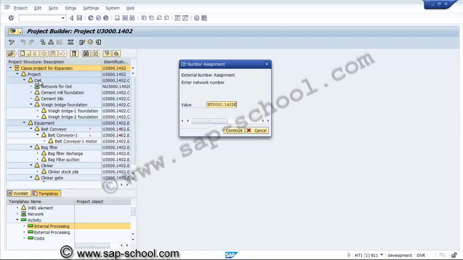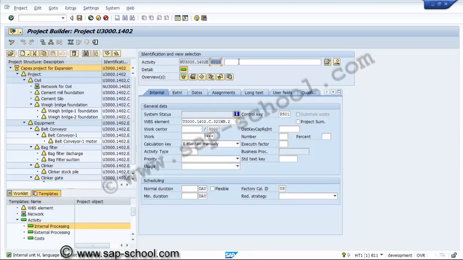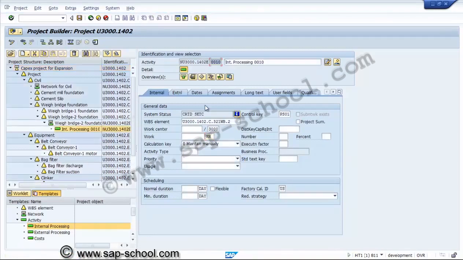We have assigned the network to civil and we are trying to create... so whenever we are creating an activity, automatically the system will create one network also along with the activity.